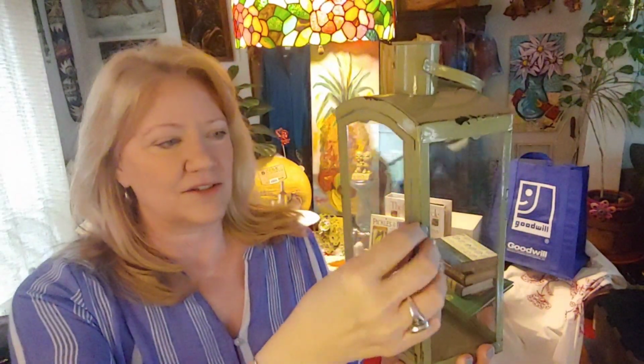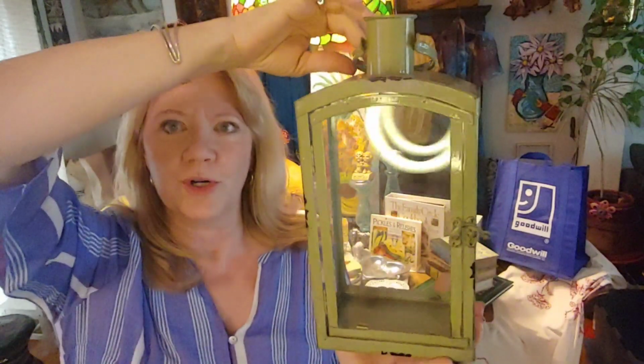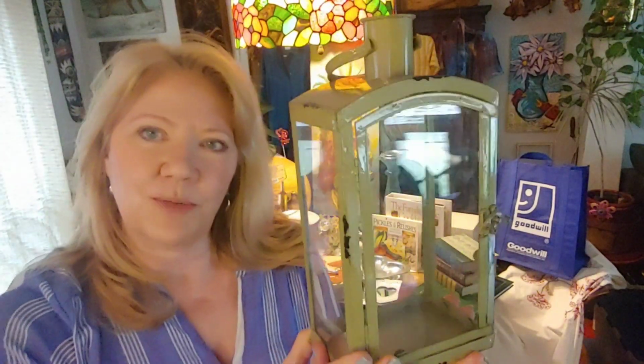I need to clean it up. All the glass is intact. This is great to put on a front porch for the spring, or on your patio or your back deck. And the price was real good, so I'm going to be able to charge a very good price. That day, that lady just kept bringing stuff out, and I came home with a whole bunch of great spring